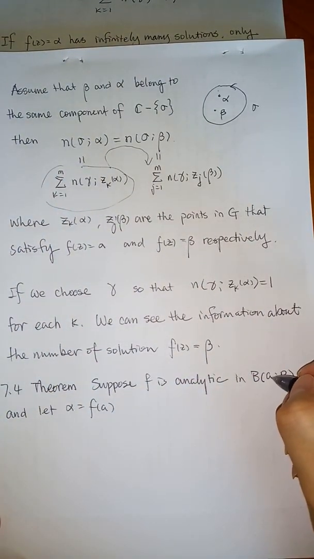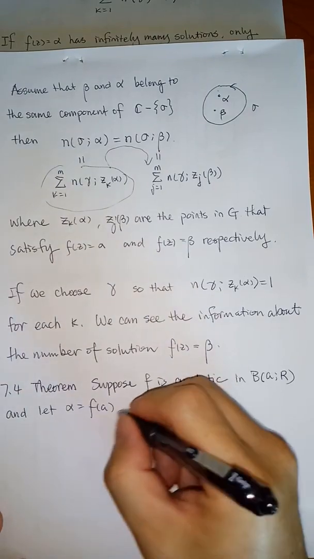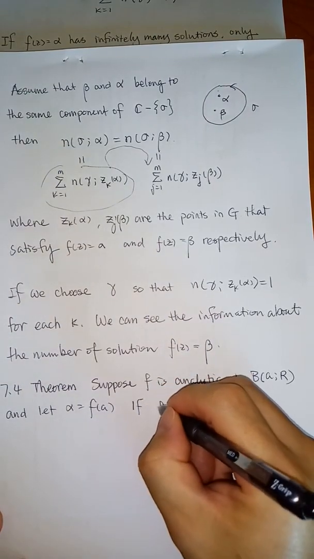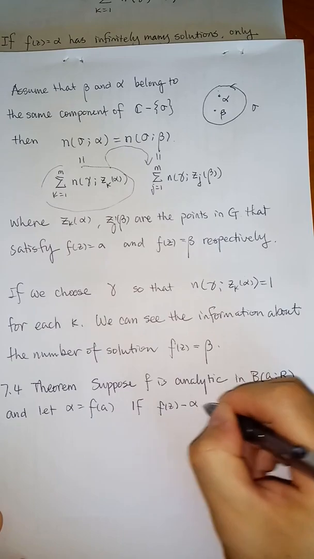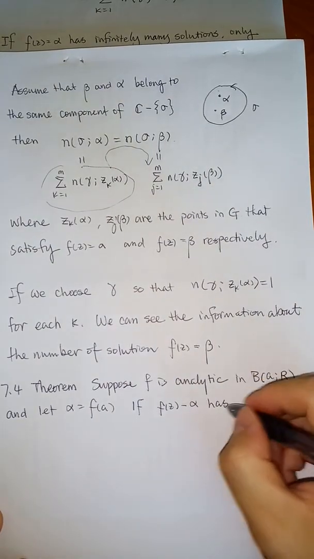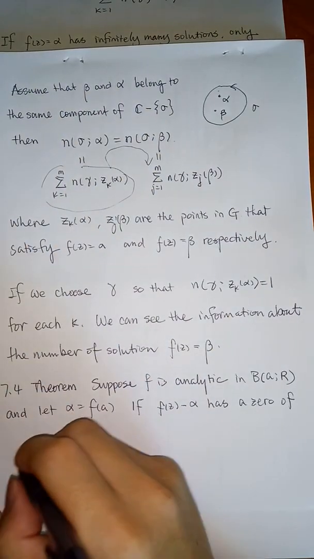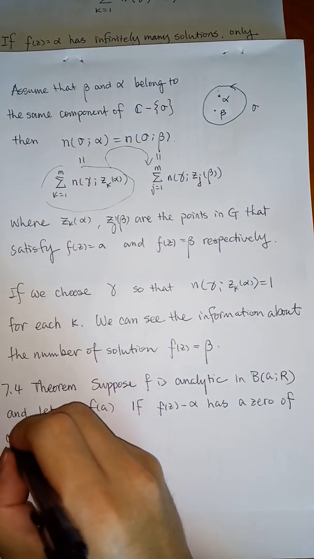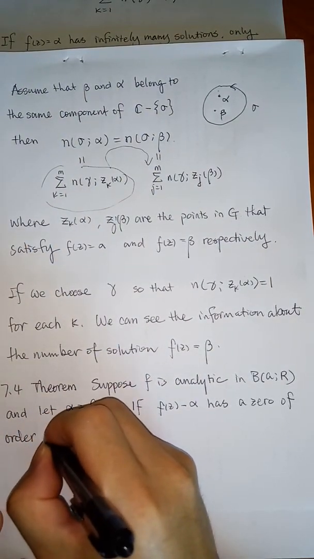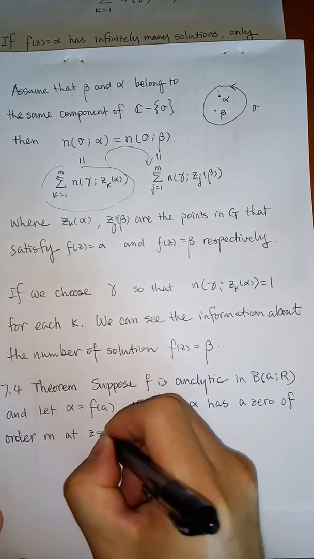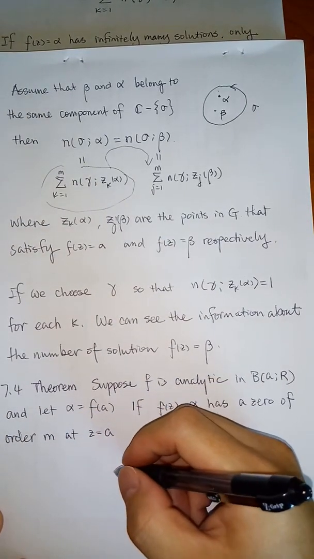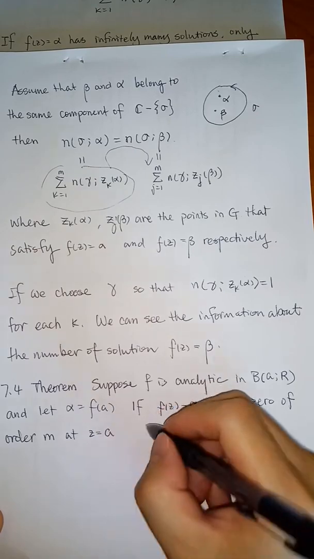So you map the center to a certain alpha. If f(z) minus alpha has a zero of order m at z equal to a, then